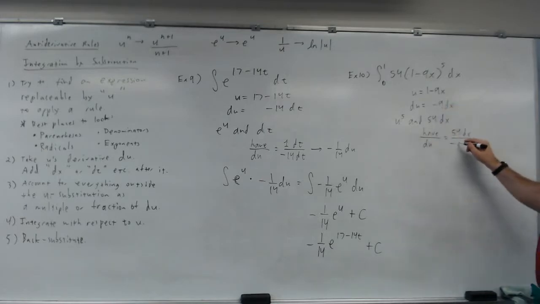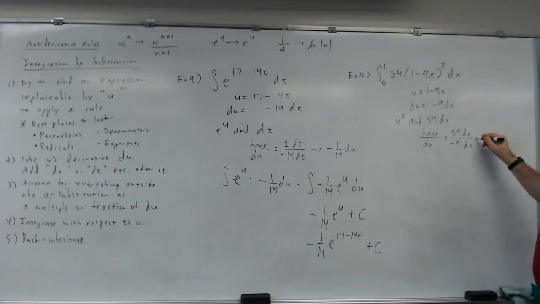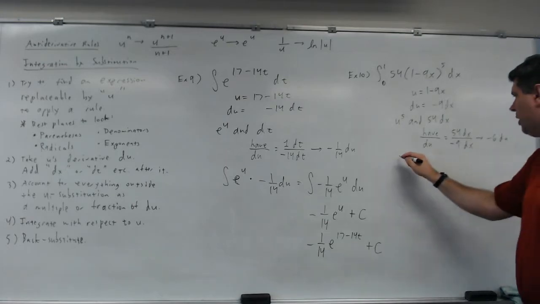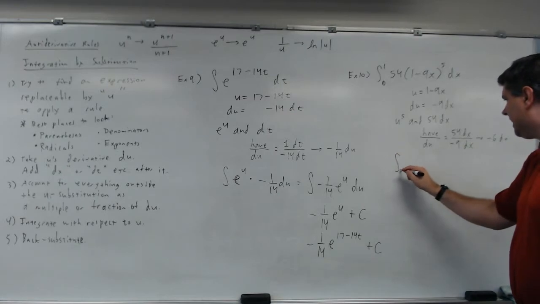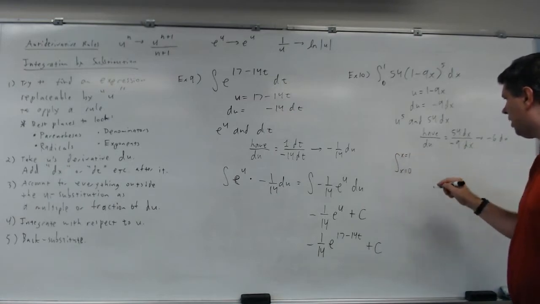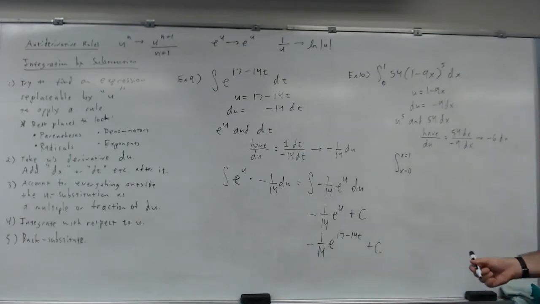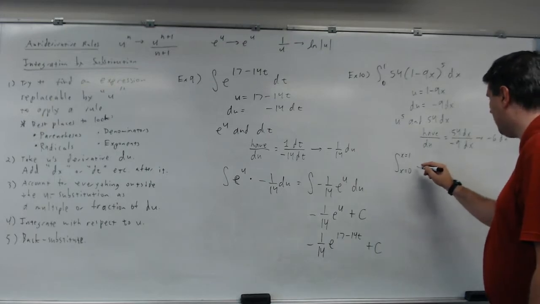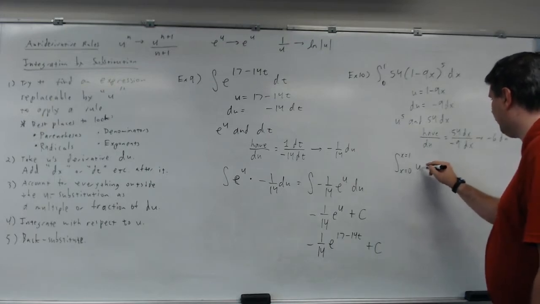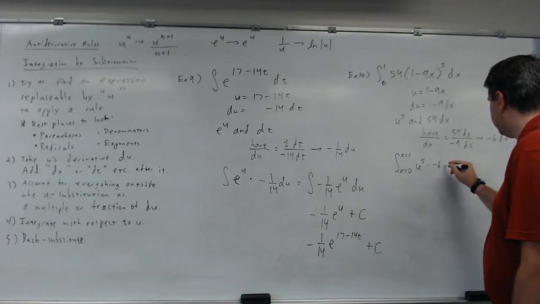The actual du is negative 9 dx, which gives me negative 6 du. Okay? So what we're looking at is the integral as x goes from x equals 0 to x equals 1. I don't know if that's technically the mathematically correct way to write this, but I'm going to write it that way anyway. So it's going to be u to the 5th times negative 6 du,